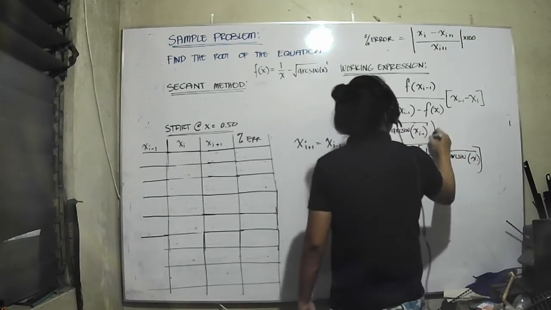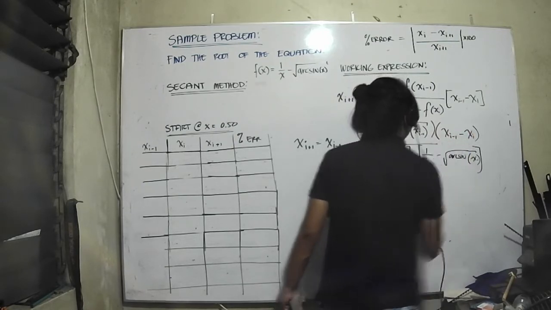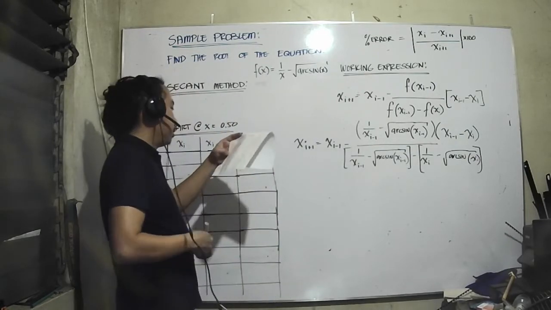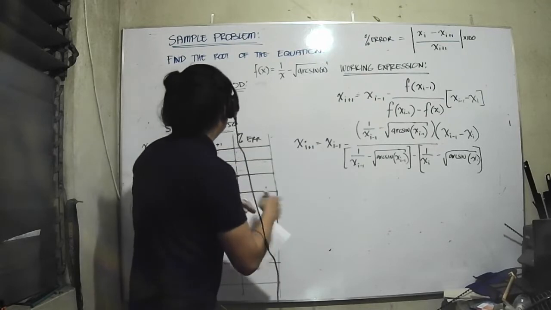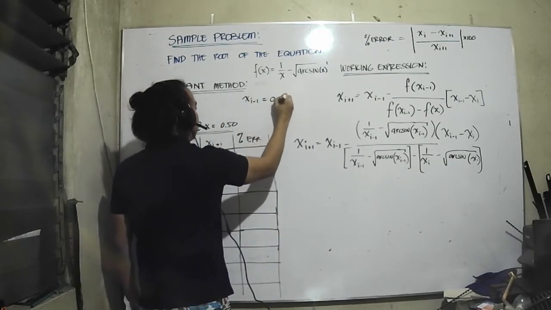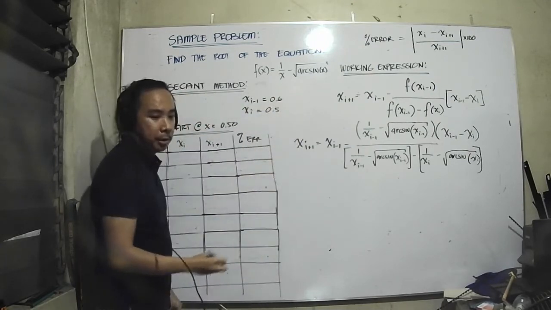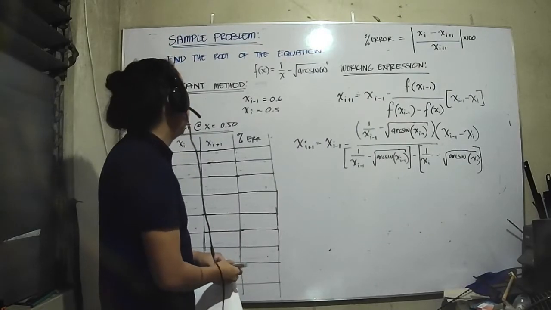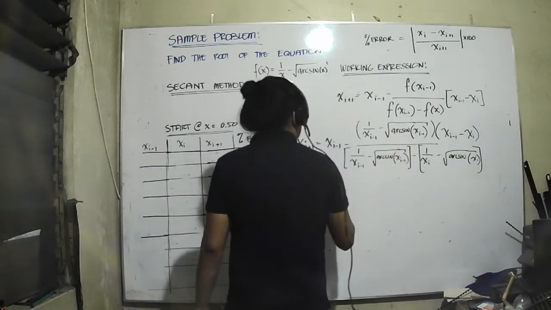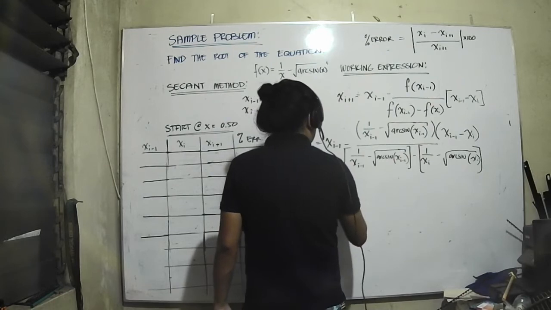This thing is to be multiplied by xi minus 1 minus xi. Okay. We start with 0.5. We only use here xi minus 1 equal to 0.6 and xi equal to 0.5. You can choose any number you like. So, if I put this in here, I'll just put